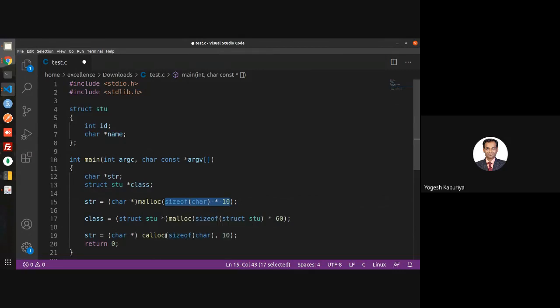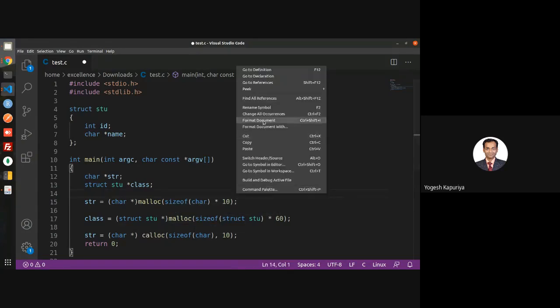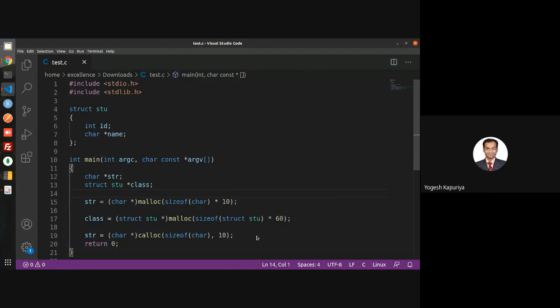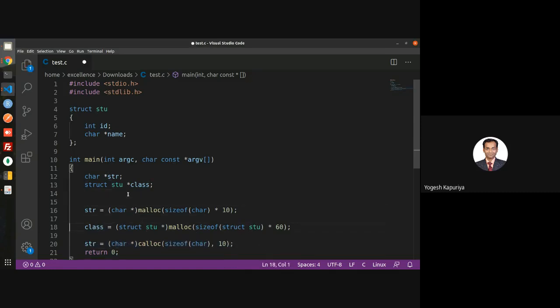Here this is being changed to two different parameters. The first parameter indicates the size and the second parameter indicates the number of elements. One more thing, calloc actually initializes all the locations to 0. Malloc does not do that, but that doesn't mean that every operating system is not doing that. In many advanced operating systems, you will find malloc also initializes to 0. But technically or theoretically, malloc is not initialized to any value, calloc is initialized to 0. So these are the two differences. So this is for allocation.